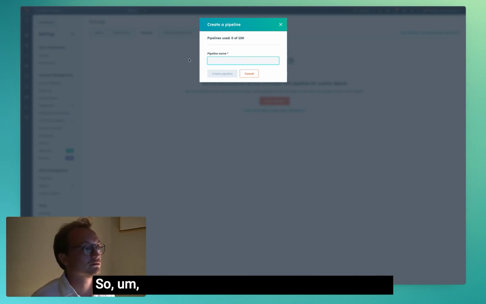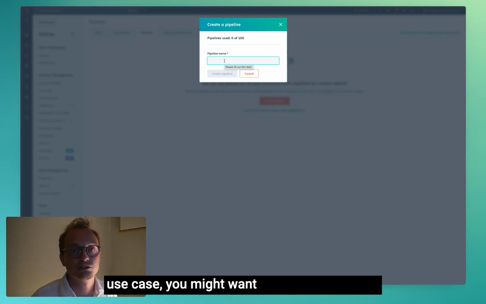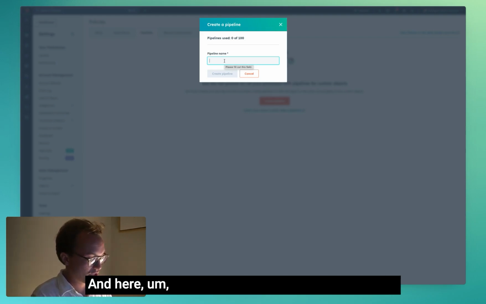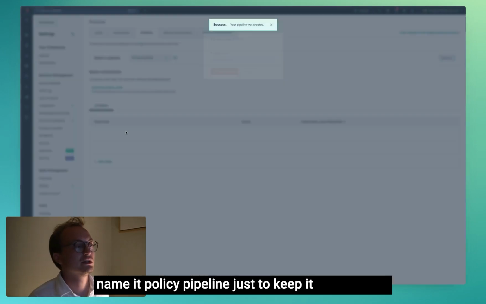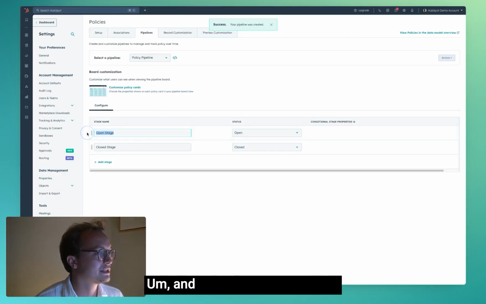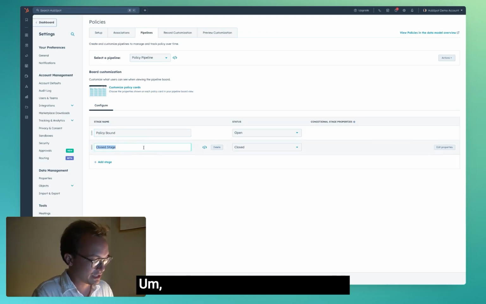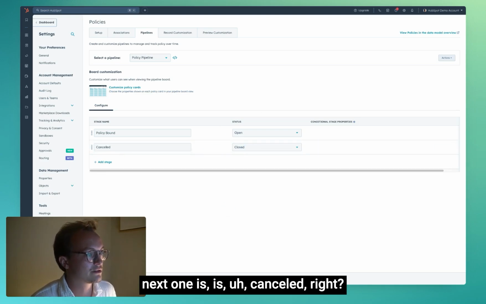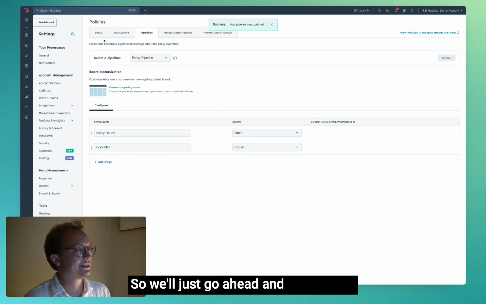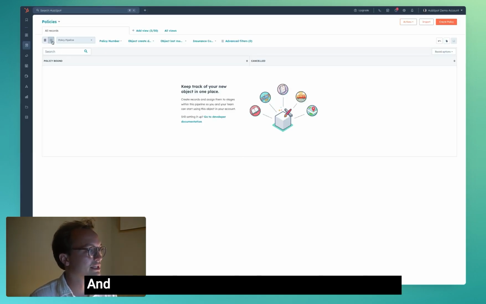So that's, depending on your use case, you might want to enable a pipeline. And here we'll just name it policy pipeline just to keep it simple. And again, maybe one stage is policy bound, and then maybe the next one is canceled, right? So we'll just go ahead and leave those stages there, go back to our policies, and again here you can